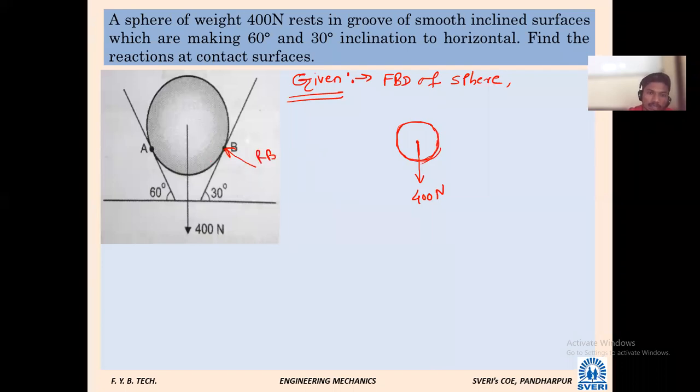And how will that reaction be? Perpendicular to this line. It will be perpendicular and it will pass through the center, logically. Just as the weight of that sphere is acting through its center, similarly if you extend this reaction B, it is definitely going to pass through the center, suppose we call the center O. Similarly, reaction at point A,